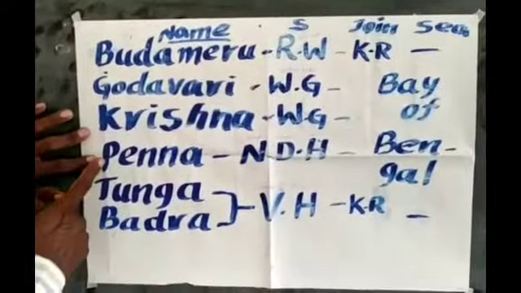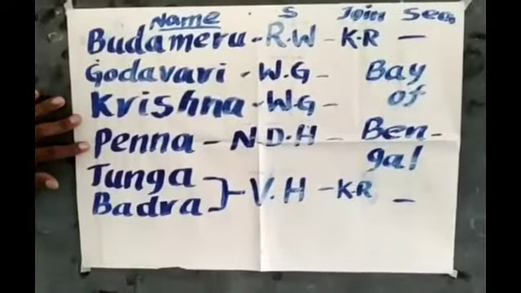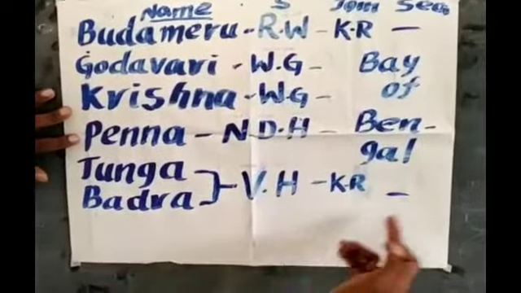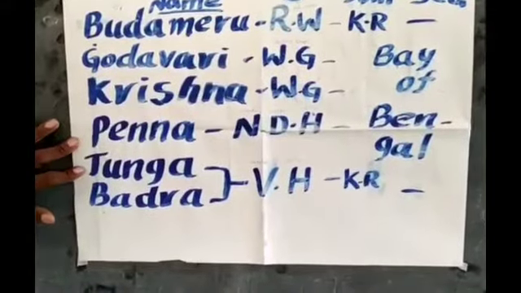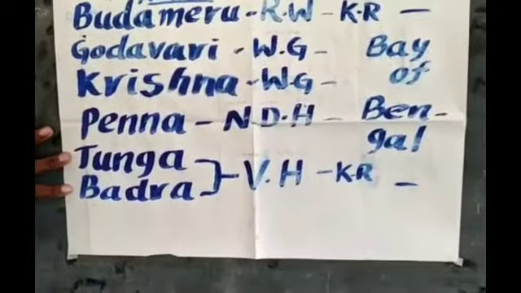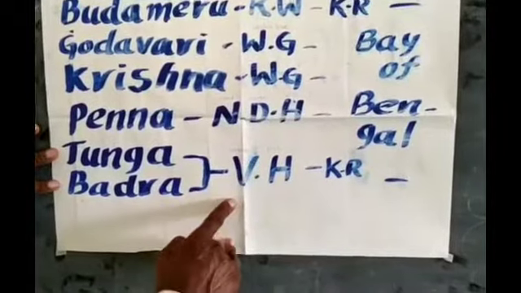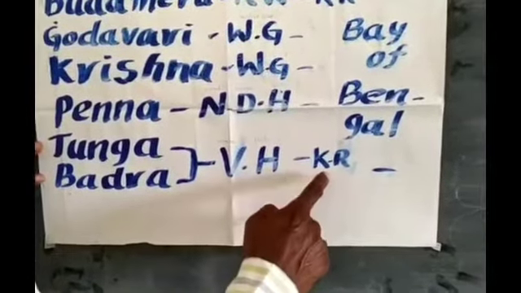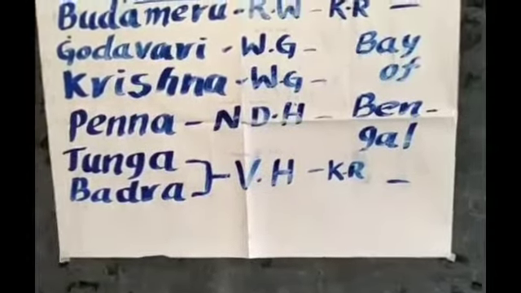And the Penna river starts from the Nandi Durga hills. It also mixes with the Bay of Bengal. Tunga and Bhadra, these two rivers start in the Varaha hills. They join the Krishna river and after that mix with the Bay of Bengal. Coming to our lesson,